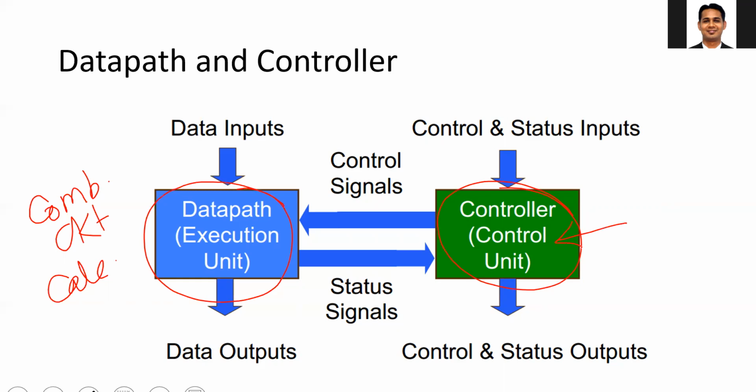In the control path, you take the decision. You decide at what point you need to perform which operation. For example, in the beginning, when you receive the go signal, you need to capture the x and y values. Then you need to check whether x is equal to y. If both are the same, your GCD calculation is already done. If x is not equal to y, you need to ask the subtractor, which is present in the data path, to do the subtraction. Then you need to ask the register or memory in the data path to replace the larger value with the difference. So at what time what operation needs to be done is decided by the controller.